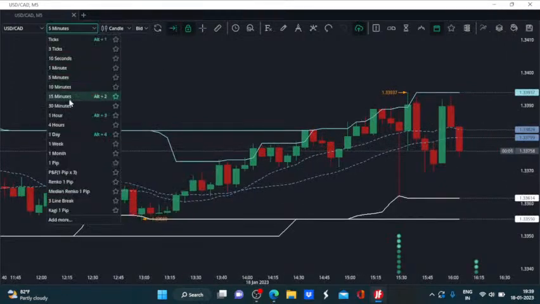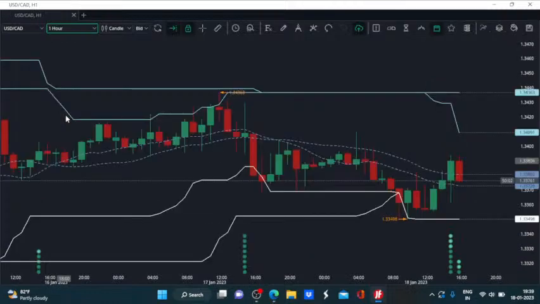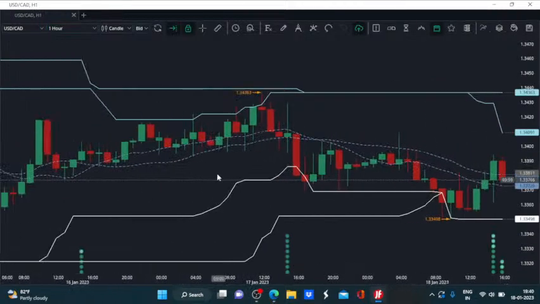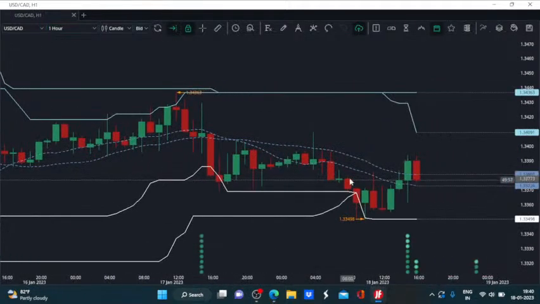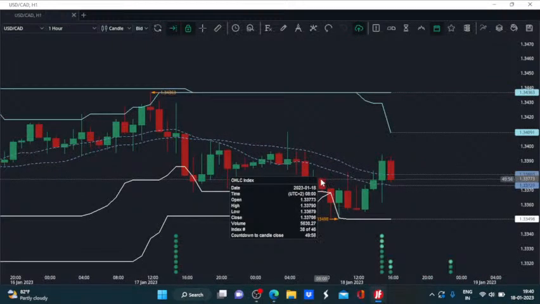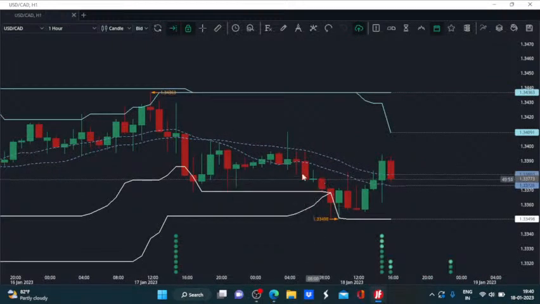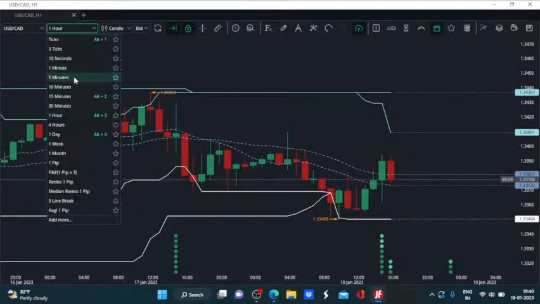So if we look at the momentum here, the CAD is not appearing strongly bullish against the dollar, and it is even more bearish than the euro, or you can say the euro is less bullish, but the CAD is even less bullish